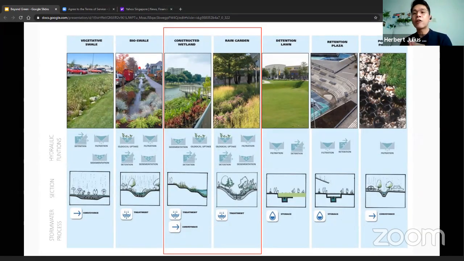So as a contrast, if I'm an engineer and I look into a site, my first instinct would be to provide drains everywhere, right? I need to collect water as an engineer, and I need to flush this rainwater runoff as soon as I can. But landscape architectural thinking is, we could have another option, a softer and greener option than huge culverts or huge drains, and these are these bioswales and rain gardens.